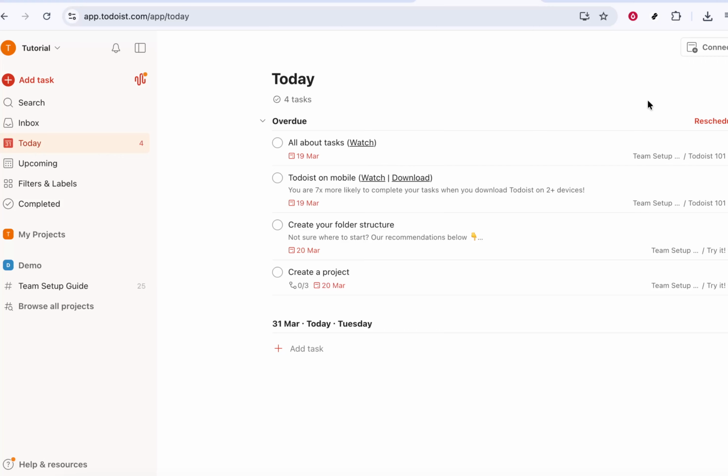Maybe you prefer a darker theme for late night sessions or a lighter, cleaner look during the day. Adjusting the layout and theme can make your workspace more comfortable and easier on your eyes, which can actually help you stay focused longer. Let's walk through the process together, step by step, so you can quickly customize Todoist to